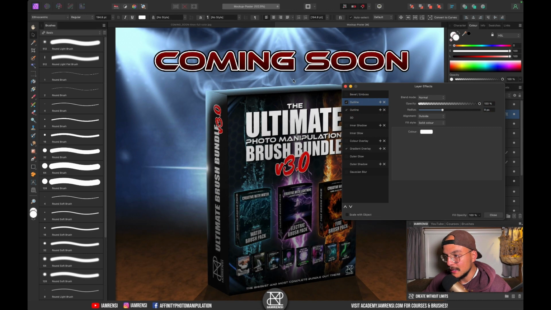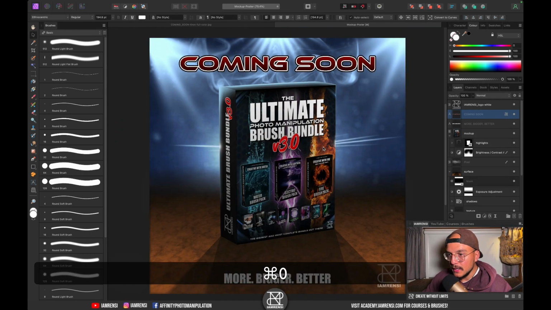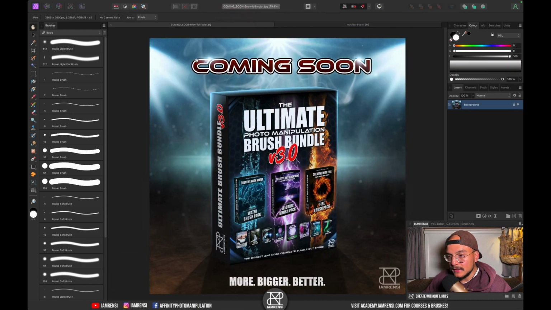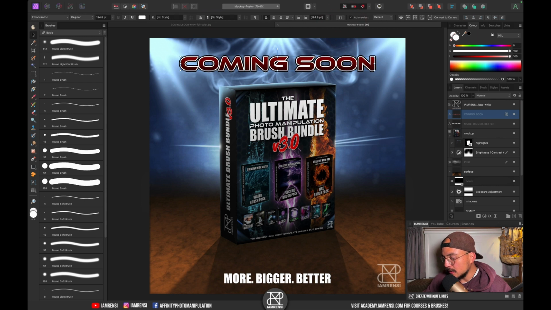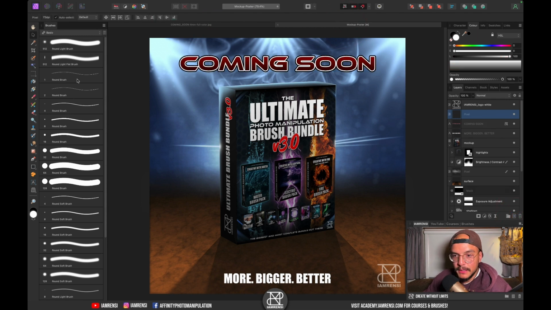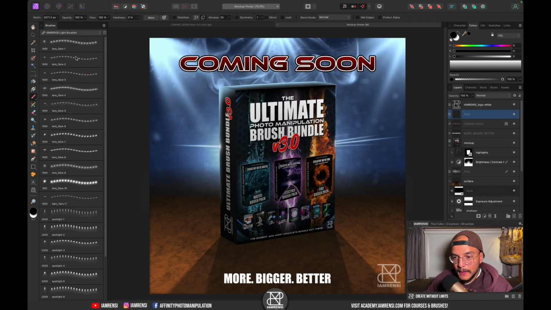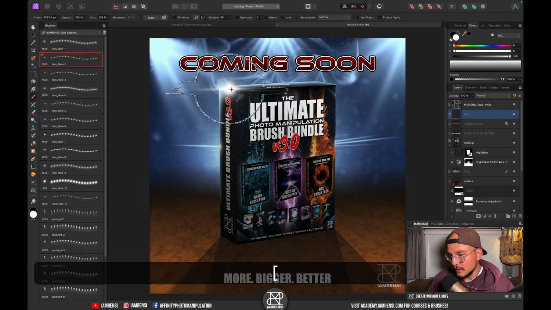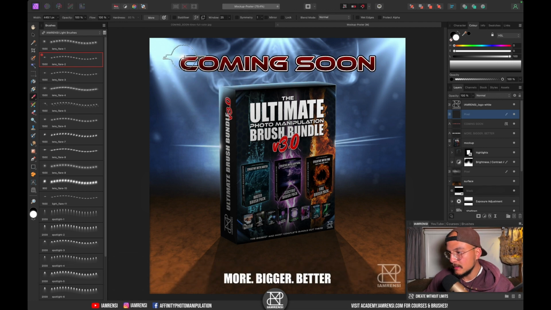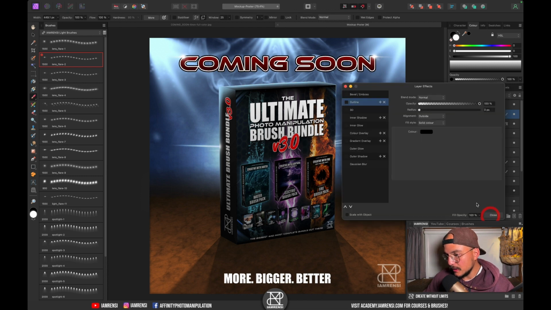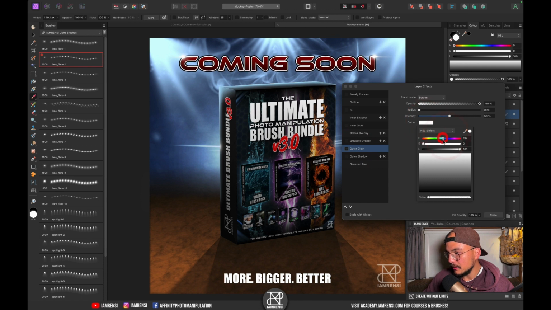so we have some stronger outlines. Also in the original one I added two lens flares, so I want to do that as well. So let's create a new pixel layer, press B on the keyboard and go to our lens flares once again, the light brushes, and just grab two little lens flares. Let's make them a little bigger, maybe like so. And what we can do to make them a little bluer is add an outer glow and make this outer glow slightly blue, and just add a little glow to them,